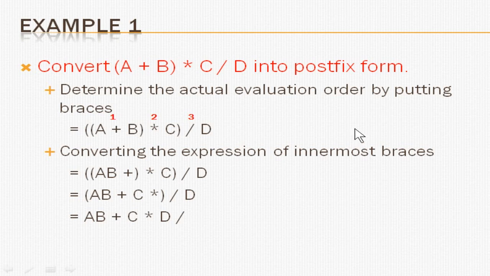We are going to go step by step. The first step is a plus b. This is an expression that has already been converted into binary: two operands and one operator, which you are going to convert into postfix form. To convert to postfix form, you put the operands in front and then push the operator to the end. That means a b plus. So this is what you have done already. Now the first expression has been solved. Before going to the second expression, just assume that a b plus is a single expression.